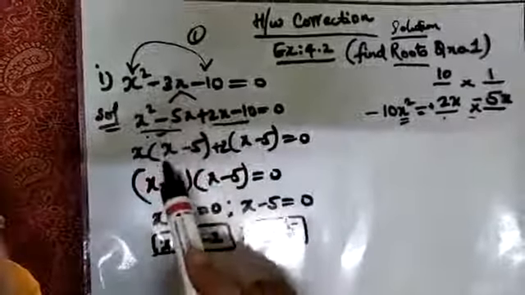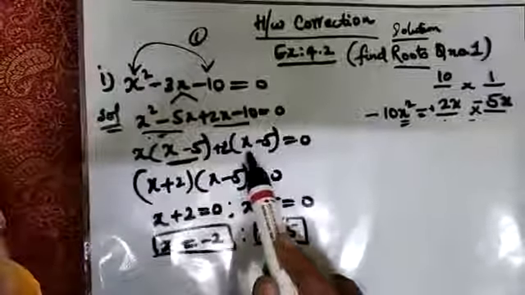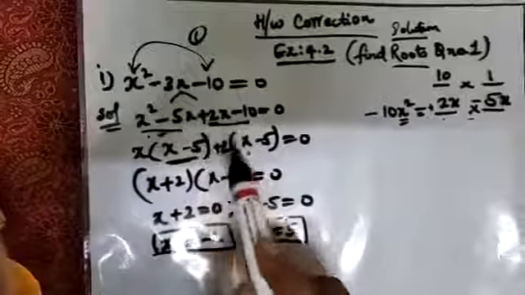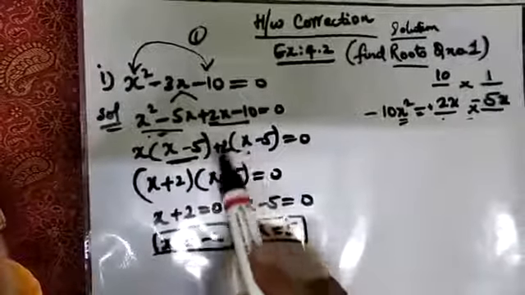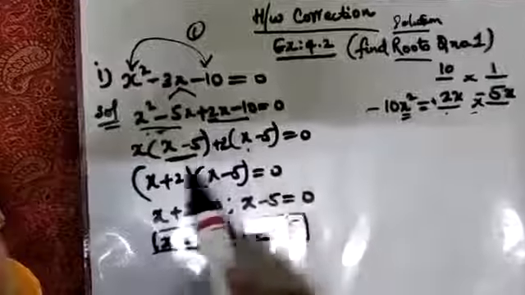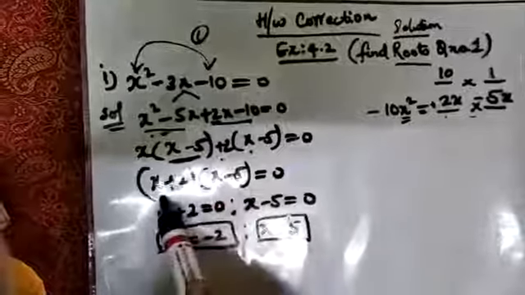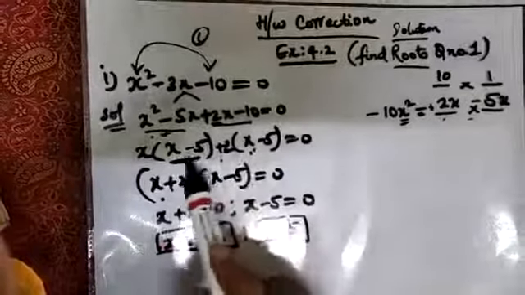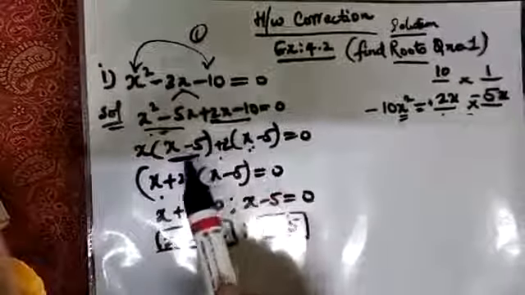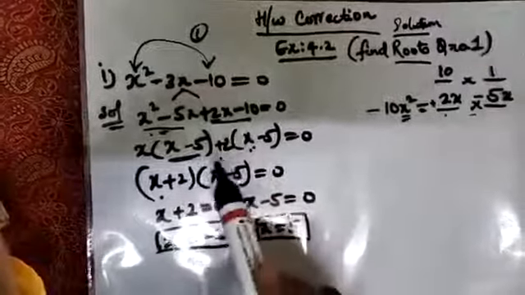I have taken x as common. Once I get this bracket I will write this bracket. Then I will try to balance this 2. So I will just cross check 2 into x, 2x. 2 5s are 10. So whatever common you have taken, you have to write x plus 2, and these two brackets should be same. If they are not same even in sign, it means that you are doing wrong.